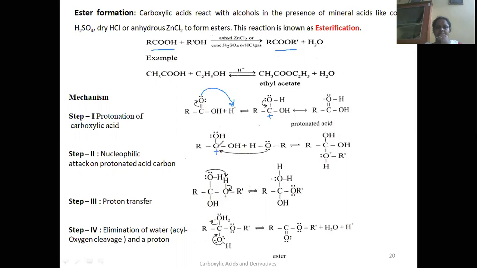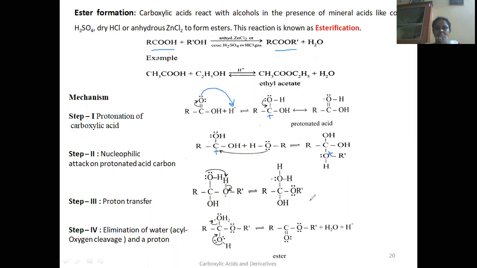So what are the bonds around this carbon? First write this carbon here. Around this carbon we already have R, OH, OH. Now a new bond is formed between this carbon and this oxygen, that new bond is this one, C and O. And around this O we have H and R. Since oxygen is donating a pair of electrons to this electron deficient carbon and forming a bond, this oxygen will get a positive charge.